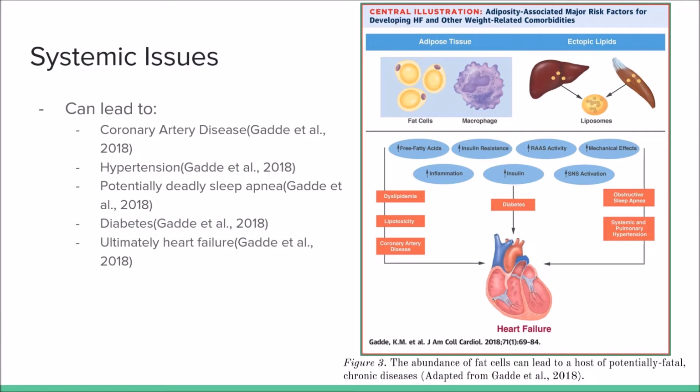And then on the right, you can see here that there's a biochemical pathway of what happens if there's too much fat in the body. You can see that too much fat is broken down, which can lead to more blood-based disorders such as having higher liver toxicity or developing heart blockages or issues maintaining your blood sugar, which will result in diabetes, or just the increased mass around the airways can lead to stuff like obstructive sleep apnea or even systemic pulmonary hypertension.